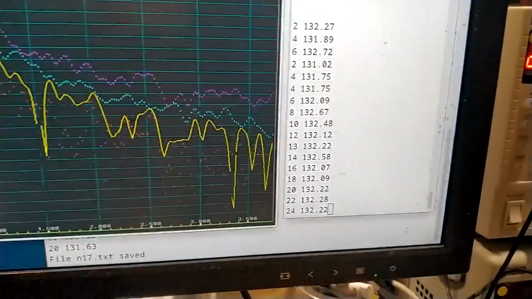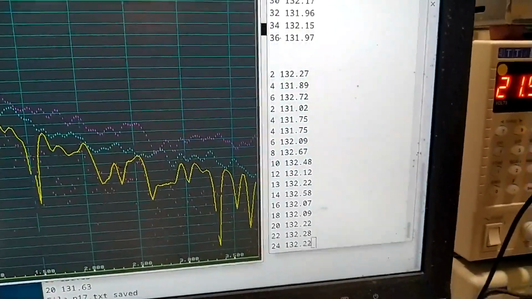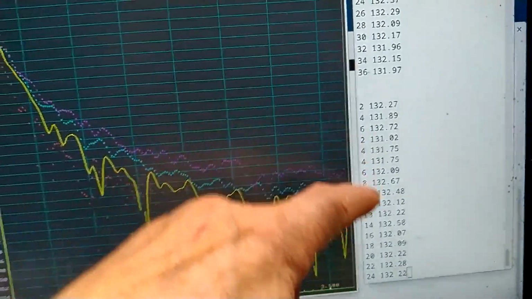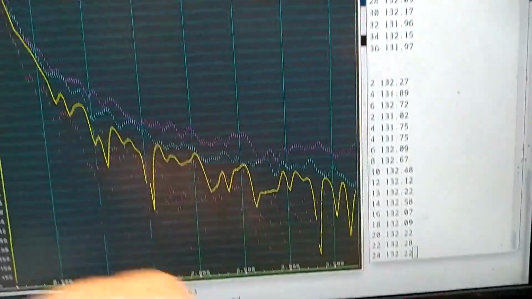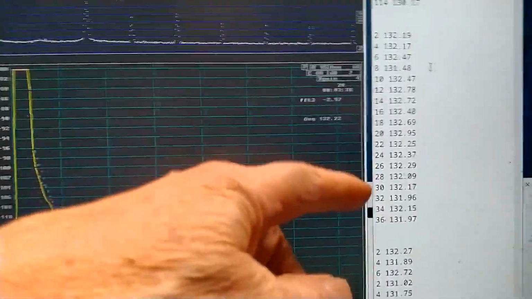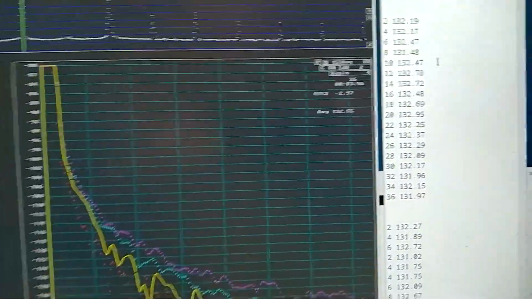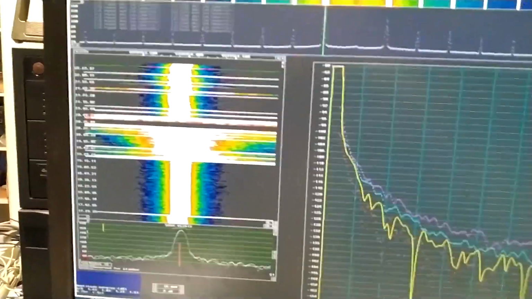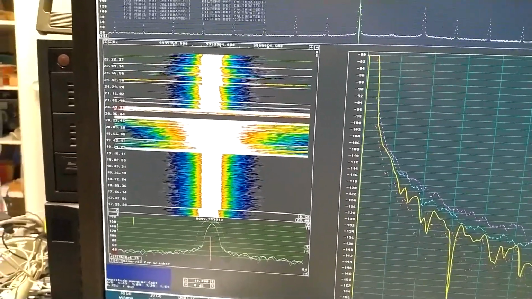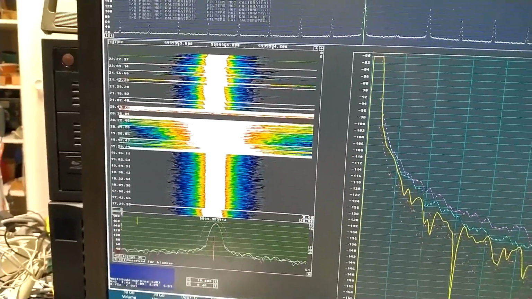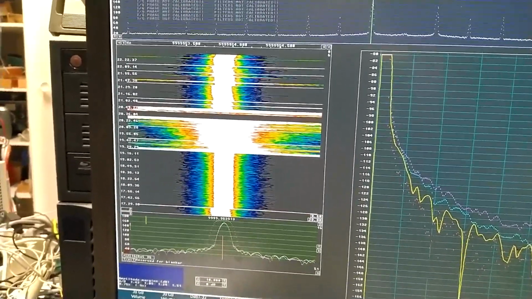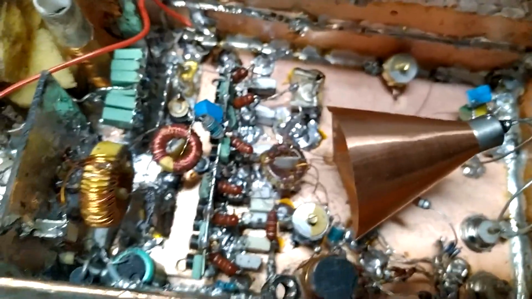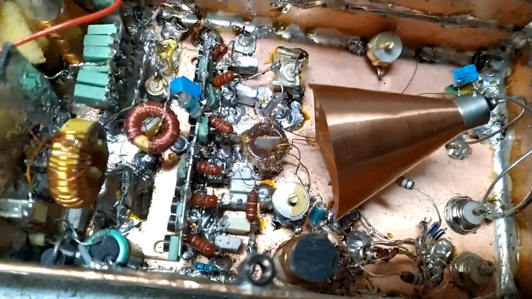I have collected data, and first a couple of samples on the old data, and then starting here. And it comes back to about 132.2, just as I had before switching off the lamp. So I don't know what kind of conclusion I should draw of that. Maybe the cooling rate of whatever causing the noise is much slower than the cooling rate of whatever causes the frequency drift. I have moved the lamp to a different position,